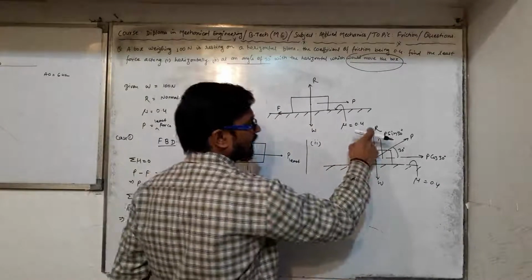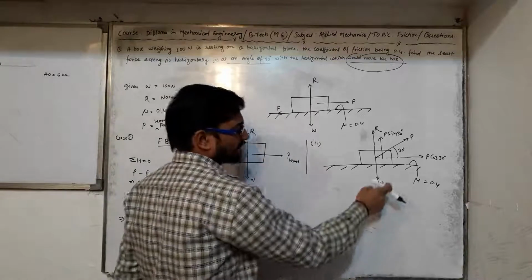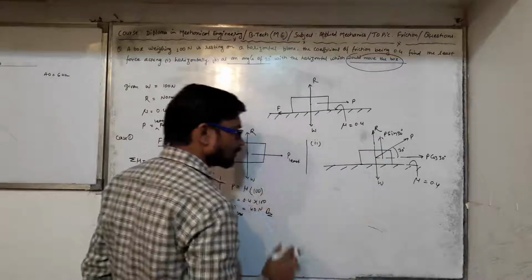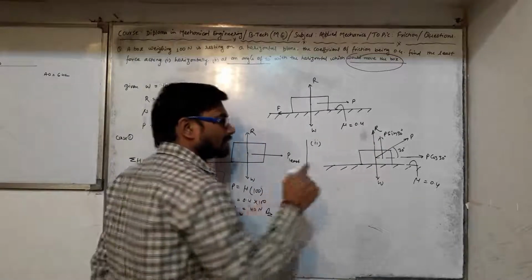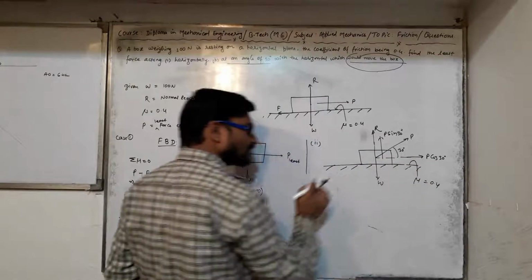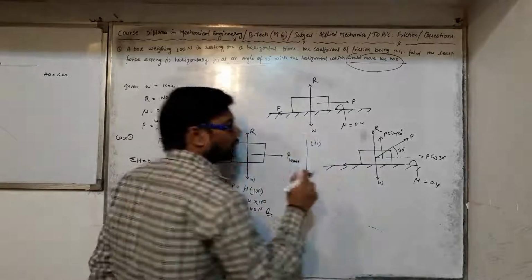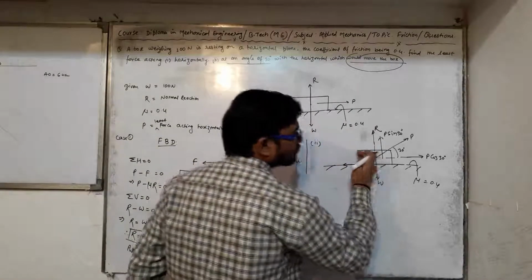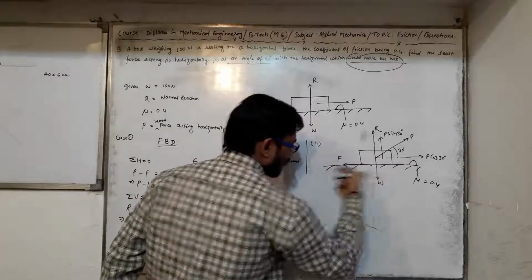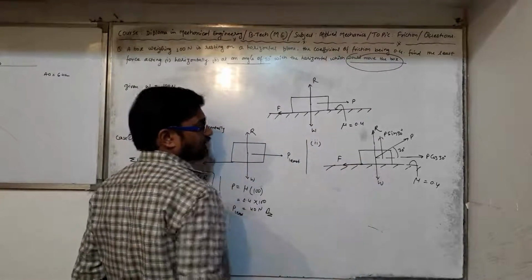Now since the body is in equilibrium and about to move, there are two upward vertical forces, one is R and another is P sin theta, and one more vertical force acting in the downward direction, that is W. So the summation of all these vertical forces is equal to 0. And one more thing, the body is about to move horizontally, so the frictional force comes into the picture, and this acts in the direction opposite to the direction of motion of the body. Since the body is moving in the rightward direction, the frictional force at the contact is always acting in the leftward direction, between the surface and the body itself.